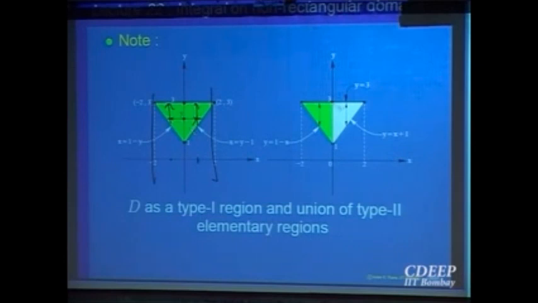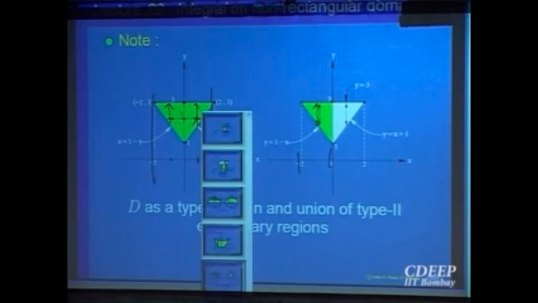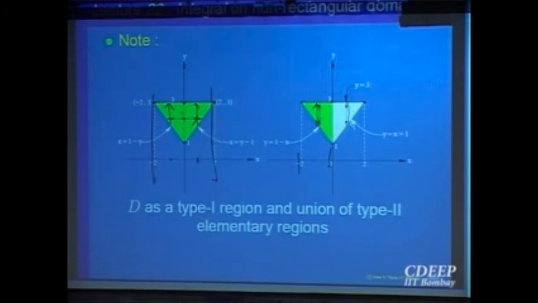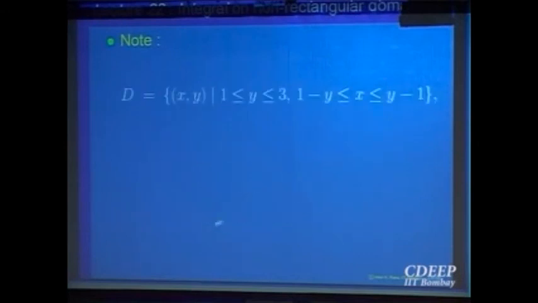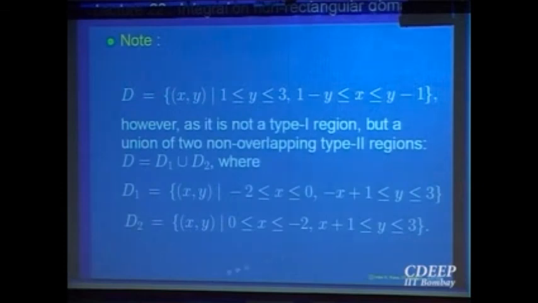So what do I have to do? I have to split it into two parts if I want to do that. This part and this part separately. So from here to here, x between minus 2 and 1, it will be going up to this. And the other part, it will be going from here to here, from this curve to the same height. So sometimes you have to split, if you are forced to do that variable first or second. So this is type 1 and type 2 and splitting. That is what I have written. You can split it into two parts and integrate.